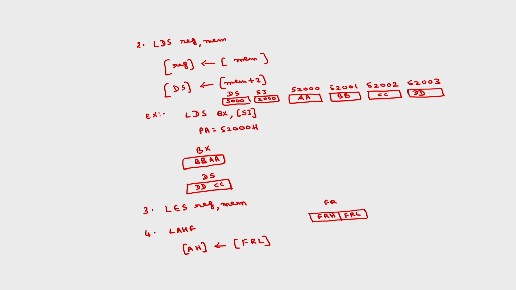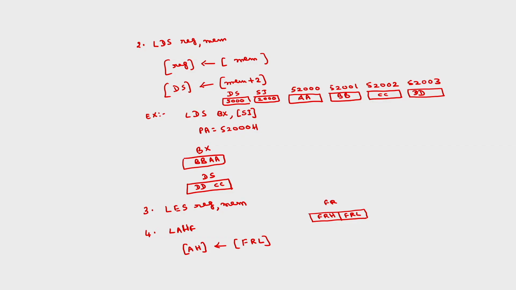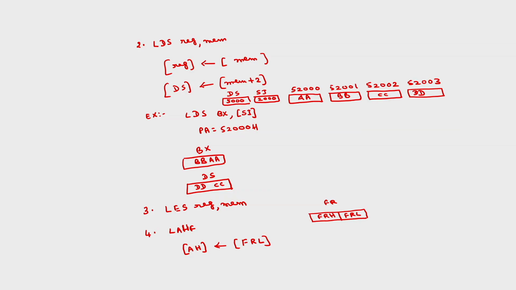Why only this lower order? Yes, we have discussed it while discussing the flag register. In the lower order we have all the conditional flags. So, the conditional flag status is required in many applications, whereas in the higher order we have control flags which the programmer is going to set. So, he does not need the status of those flag registers because he is going to set those values. That is the reason why we use the lower order flag register. So, this is about the 4 load instructions.